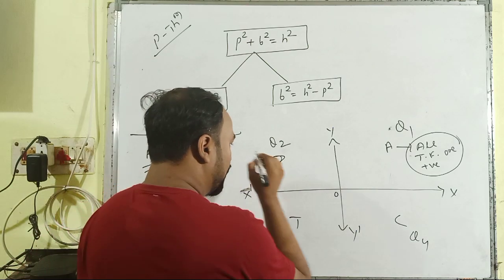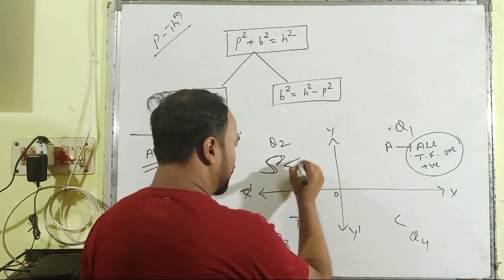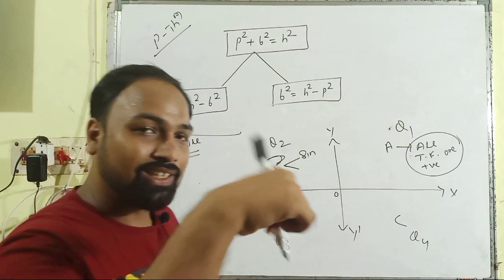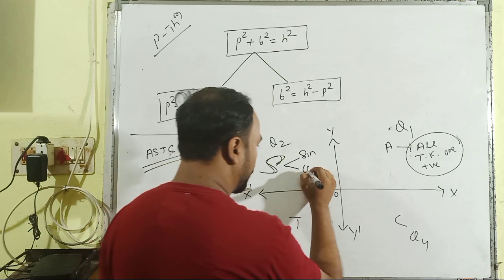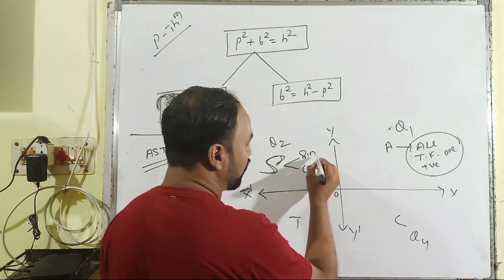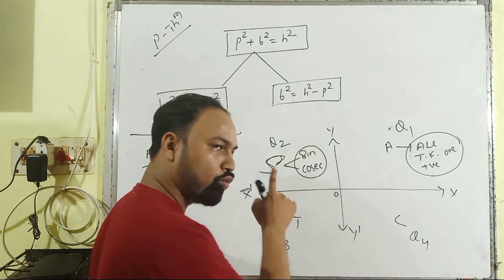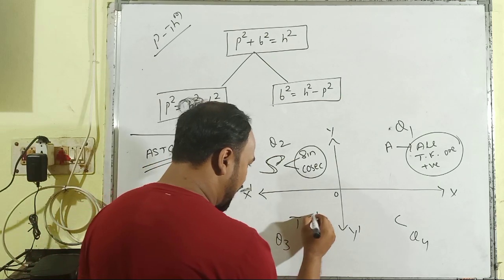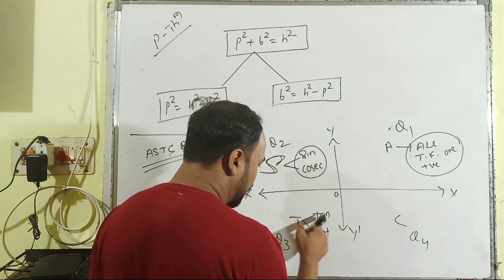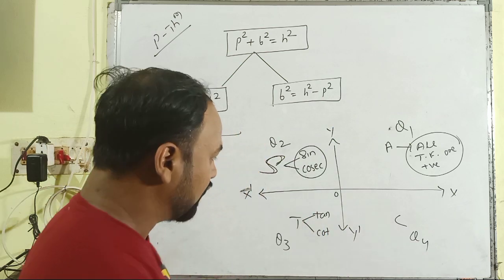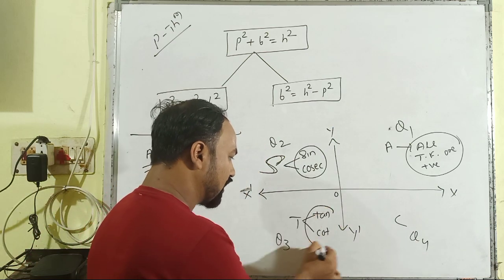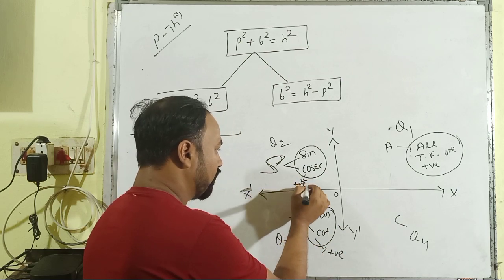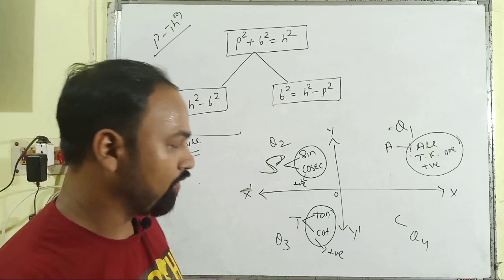But here, the letter is S. That means it will contain the sine function. Again, the reciprocal of sine is cosec. So here 2 functions are positive: one is sine and another is cosec. And the rest of the 4 are negative here. In the next quadrant, the letter T means tan and cot, because the reciprocal of tan is cot, and these 2 trigonometric functions are positive there, but the rest of the 4 are negative.